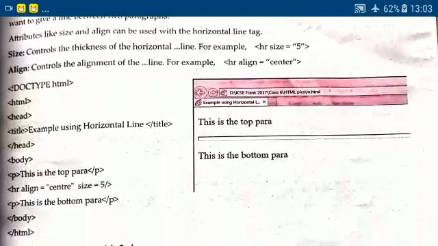On the right side you can see the output. In a browser you will get this type of output. This is the top paragraph which you wrote in the P tag. After that the HR tag, where we took center. So see, the line comes in center and the size of the line is 5. Like this you will get the HR line. And at the bottom, this is the bottom of the paragraph.